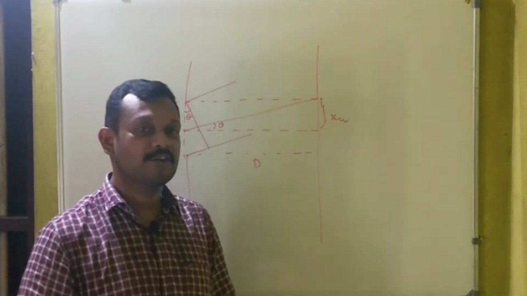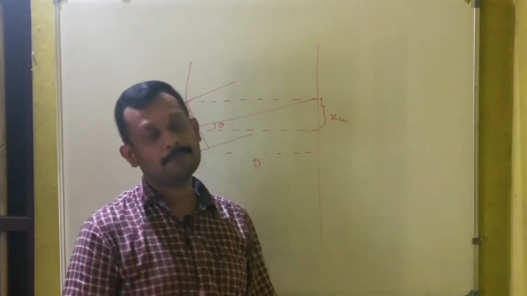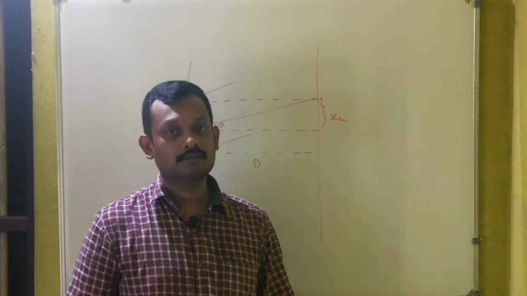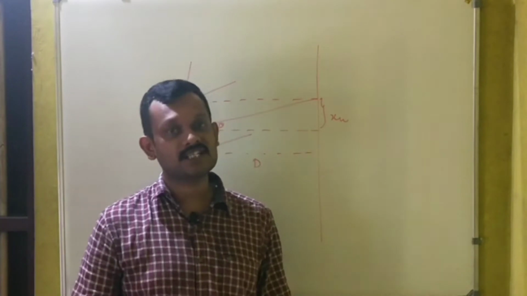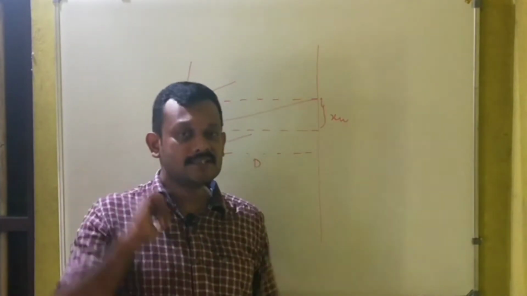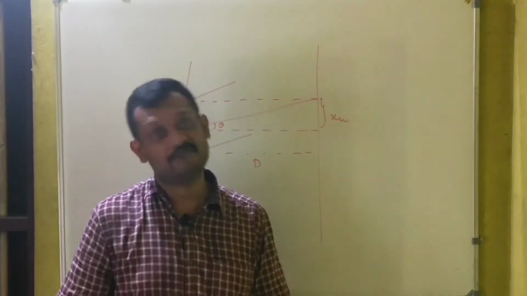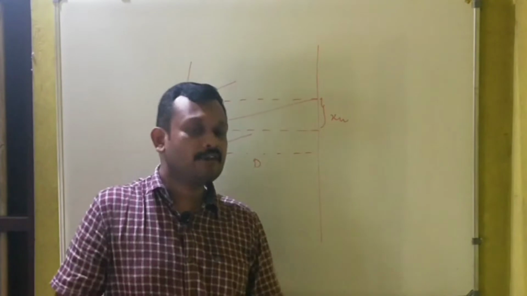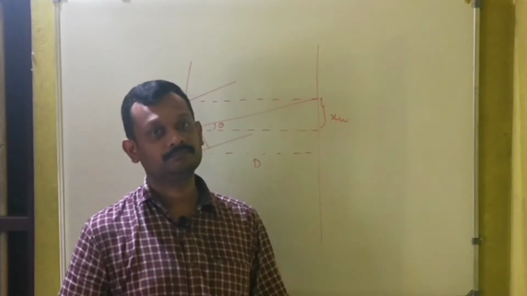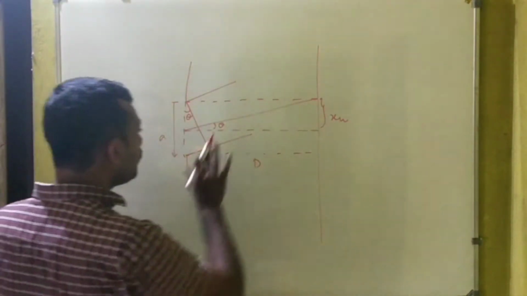In the last video, we have seen how diffraction patterns are obtained on a screen by using the concept of Fresnel's half-period zones. In this discussion, we are going to have the mathematical analysis of diffraction, and we will also look into the condition of Fresnel distance. First of all, we will consider the path difference.